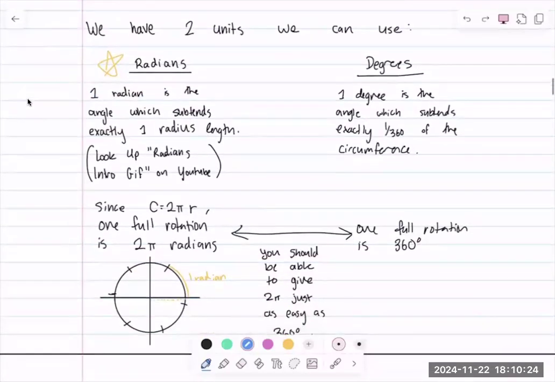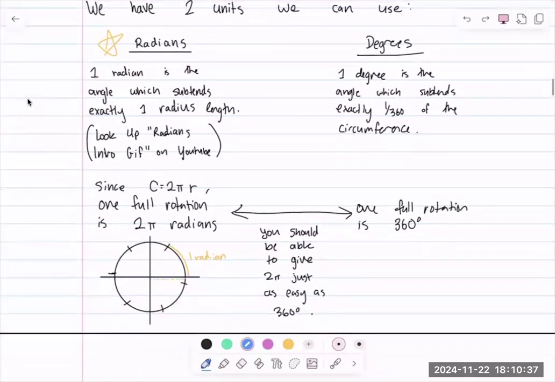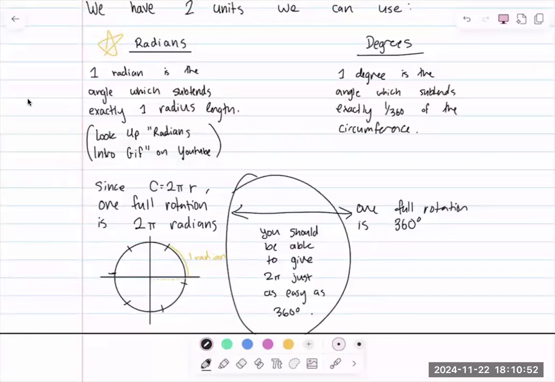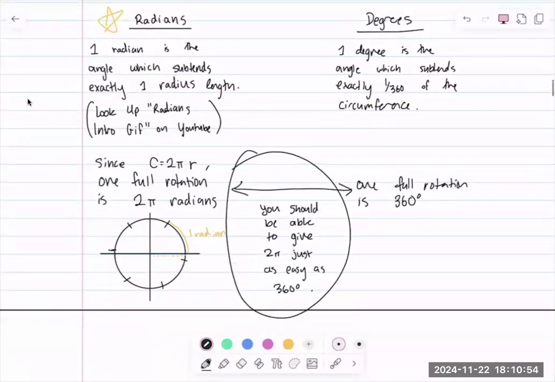1 radian is the angle which subtends exactly 1 radius length. If you look up radians intro GIF on YouTube, and I think I'll have it linked in the description, it's a really good visual aid for what exactly a radian is. Since the circumference is 2 pi times our radius, we can fit 2 pi radius lengths along the circle, or in other words, 1 full rotation around the circle is 2 pi radians. Now, you should be able to give this just as easily as you can give me 360 degrees,